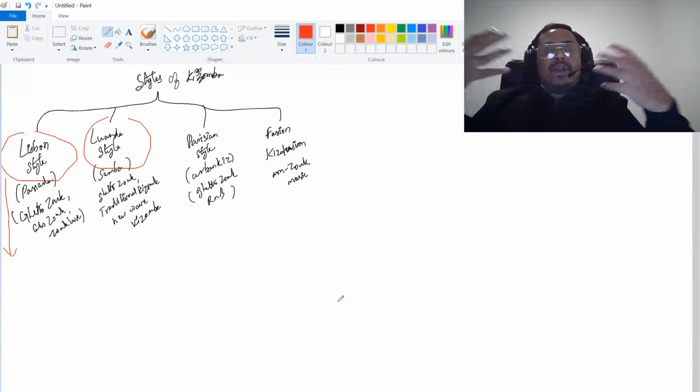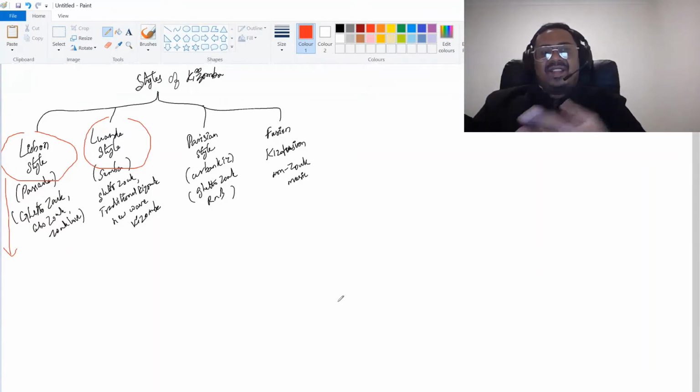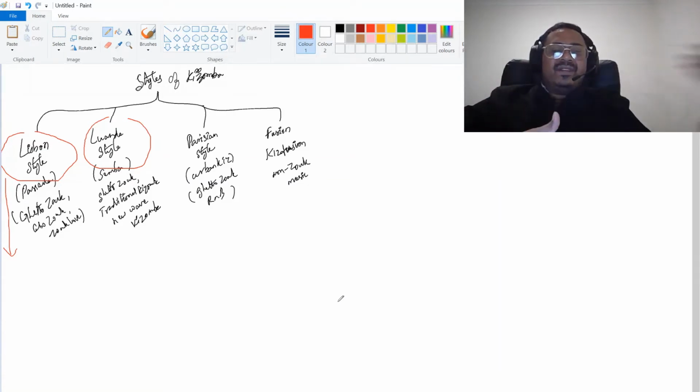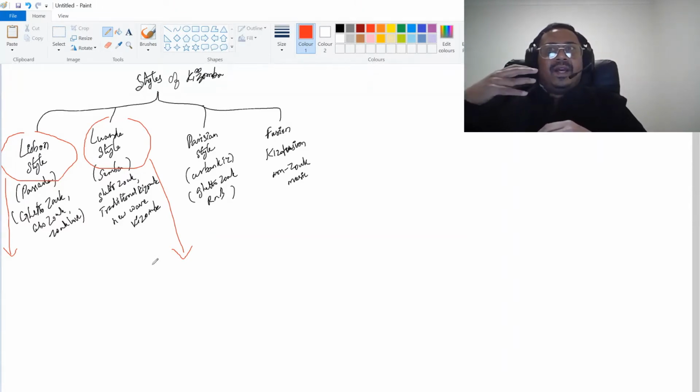And moreover, I'm not even sure if anyone outside of Portugal is dancing the Lisbon style of Kizomba, because urban kiss is becoming more and more popular now, and the Luandan style is slowly taking over the traditional Kizomba scene, which brings us to the next style, which is the Luandan style of Kizomba. Luandan style of Kizomba is basically Semba. So what is happening,